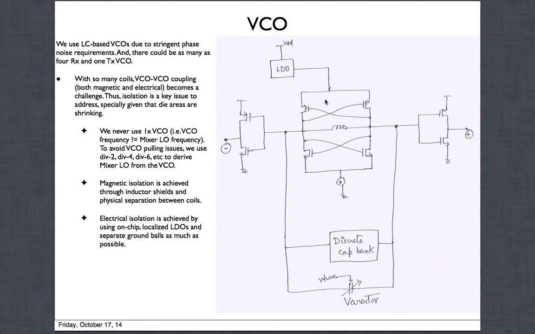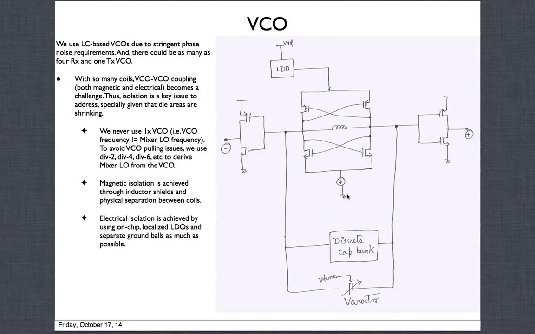So here is a VCO, a simple CMOS type VCO core with an inductor and maybe some current source. Electrical isolation is very, very important. This VCO could pick up something from another VCO through the supply and ground. For the supply, you can put LDOs for isolation, so it's electrically isolating from the other VCO to this VCO or vice versa. There is a reverse isolation also.